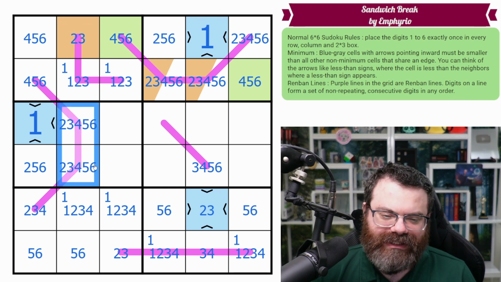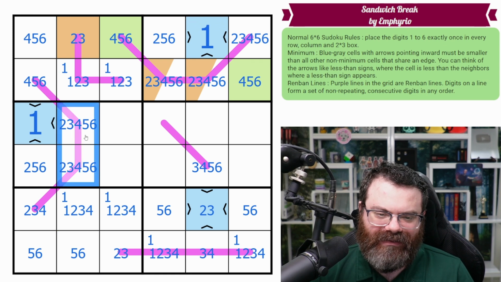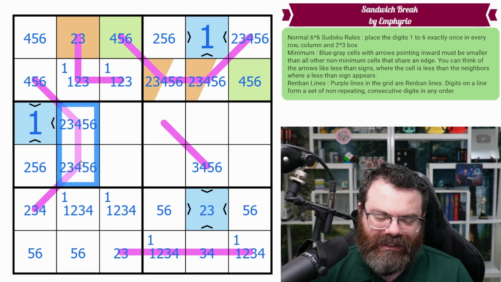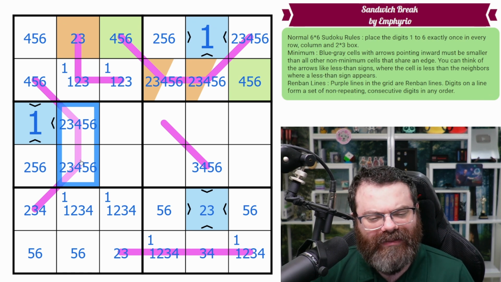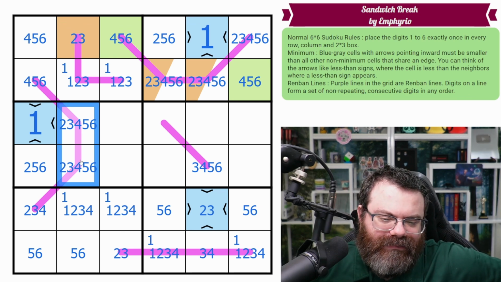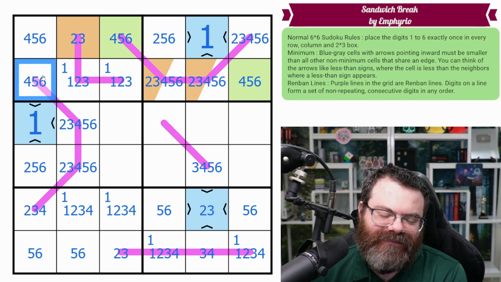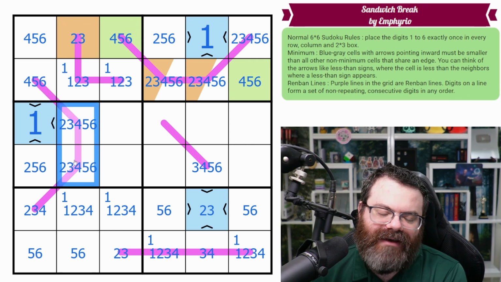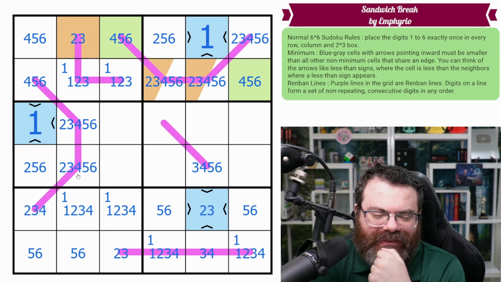There's a 5 or a 6 on this Renban, right? In this column, we need the other 5-6 to be somewhere. It's going to be here. So there's going to be a 5 on the Renban, meaning we could be 2, 3, 4, 5 still. I thought that might eliminate the 2, but it did not. But there could be a 6 on here, and then we could just have a 5 there. Could we? Yeah, we could. Oh, darn. I thought that might do something, but